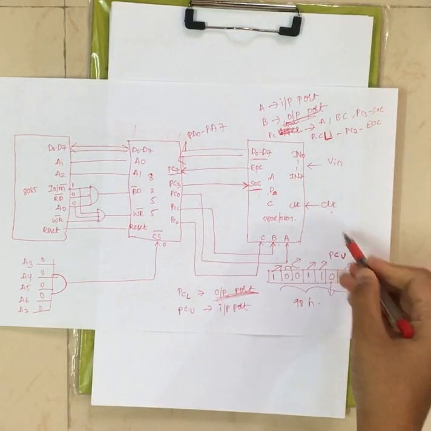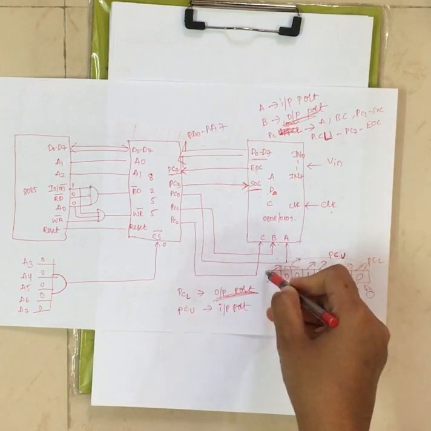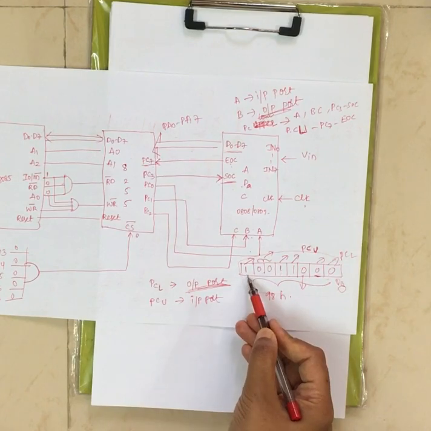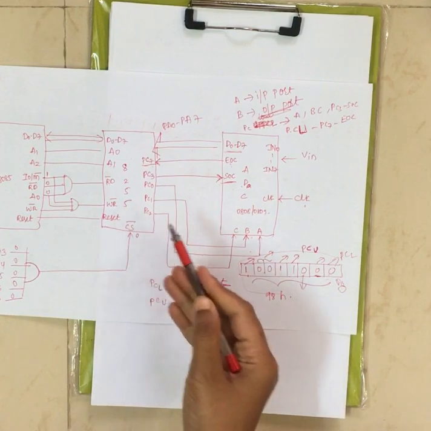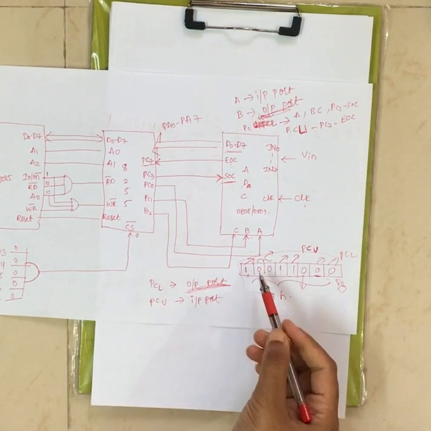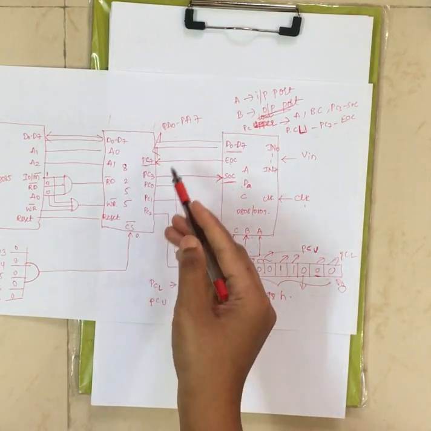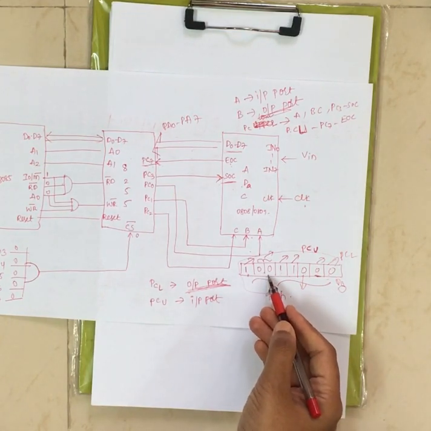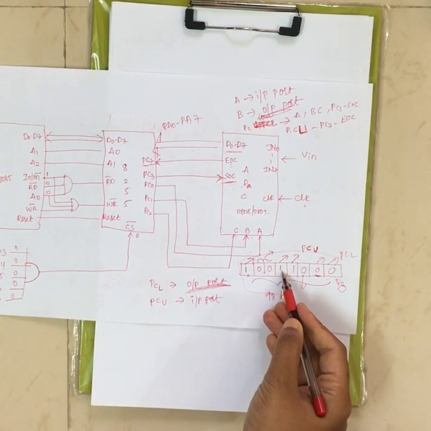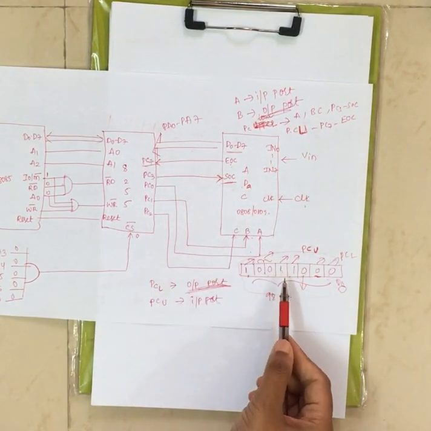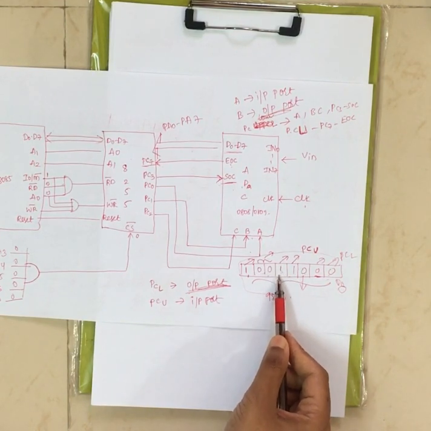Now based on these values of ABC, we have defined the address of the control word register, right? Now the D7 bit will specify whether it is under bit set or reset mode or IO mode. Since it is in IO mode, that is 1, right? Now D5, D6 bits are 0, 0 because all ports, port C, port A and port B, are under basic IO operation, right? Next, the D4 bit will specify the IO operation of port A. Now port A is reading the data, input operation, right? That's why it is 1, right?